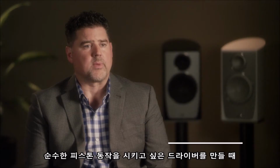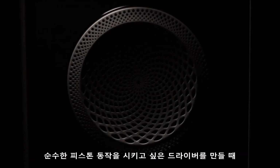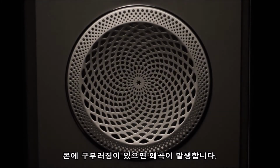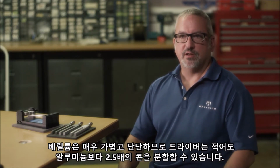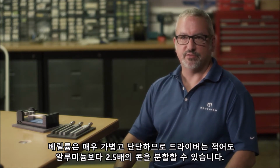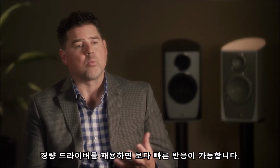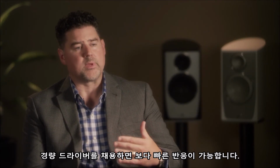When you're looking at making drivers, you want to have pure pistonic motion. As that piston drives forward and back, when there's cone flex, you have distortion. Because beryllium is so light and stiff, it enables a driver to have a cone breakup at least 2.5 times higher than, say, aluminum. So by having a lightweight driver, it's able to respond much quicker and be more responsive